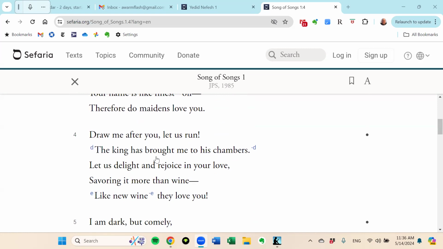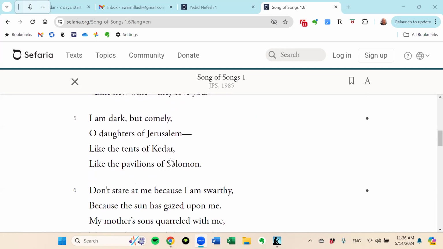Okay, so is the king Solomon? I don't think so. And really almost no one does. And by the way, if Solomon wrote this it would really be bizarre, right? The king, Solomon, has brought me, who am I if I'm Solomon, right? Into his chamber. So here it seems that the king is simply a reference to her beloved. You know, you're my king, you're my prince, right? And he could say, you're my queen, right? Let us delight and rejoice in your love, savoring it more than wine, like new wine they love you. And now she describes herself,